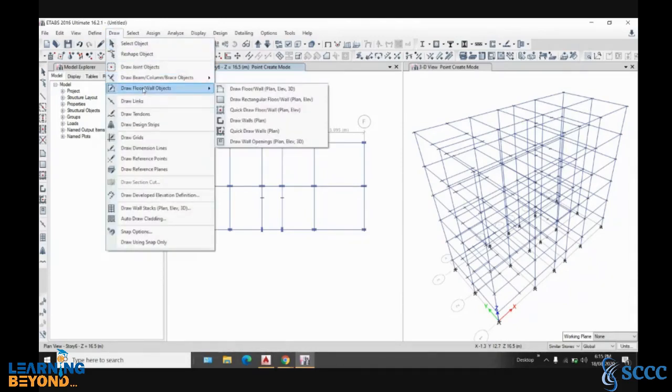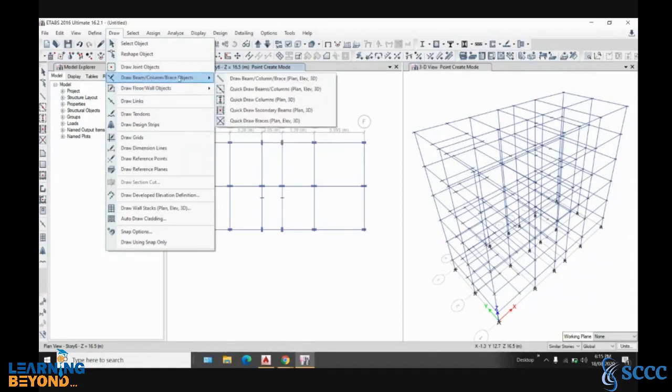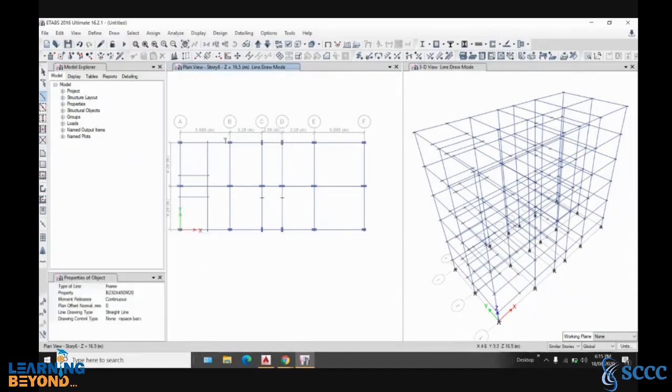So draw beam option, draw beams, and see that 230 by 450 is there, and you can draw it from this point to this point, and enter and click OK. So this way you can create the beams.